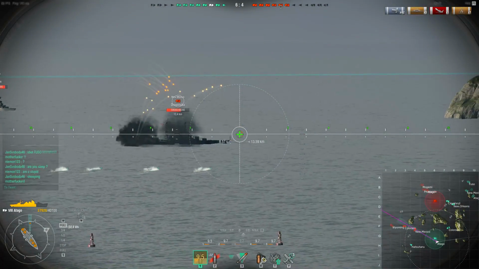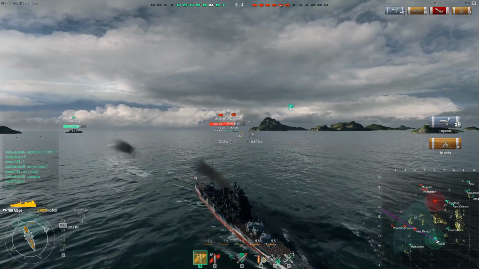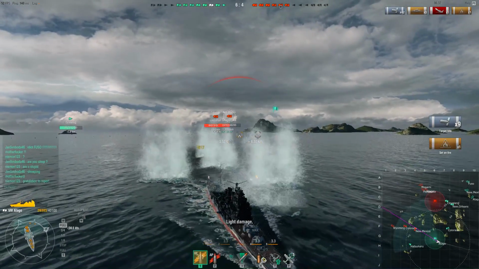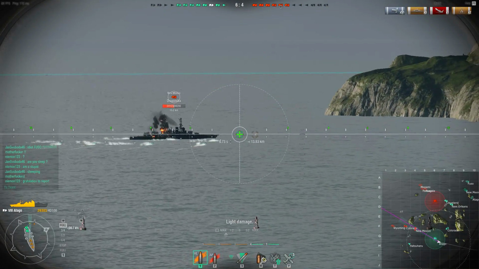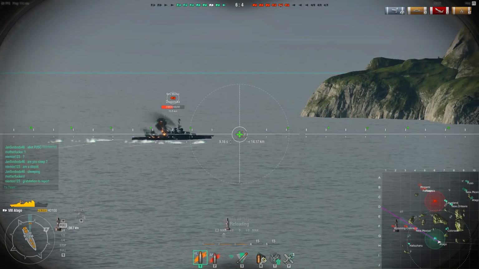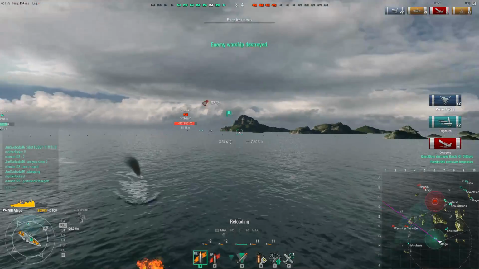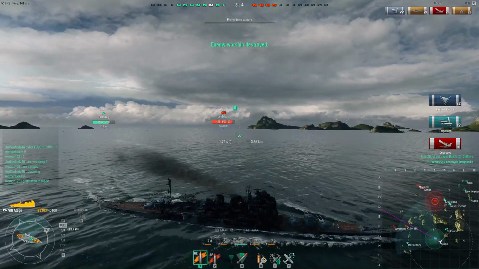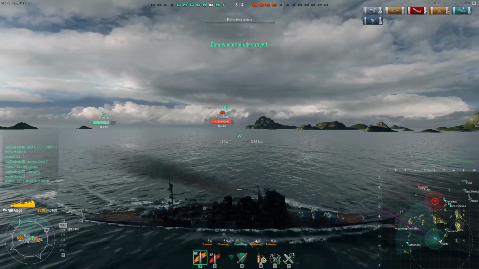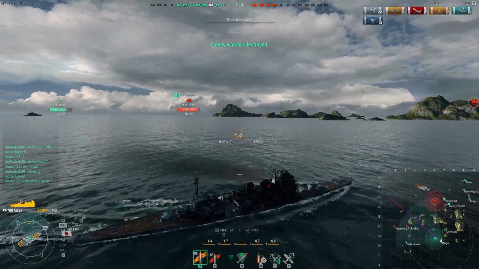And he's firing again, so we're going to turn. And another 5,500 damage and another fire. And we take 1,600 in return. And torpedoes are looking good. Actually, we might get one hit. There we go. 1, 2. Yeah, hey, 2 hits. Very happy with that. I think that's probably my first torpedo kill in this thing. So